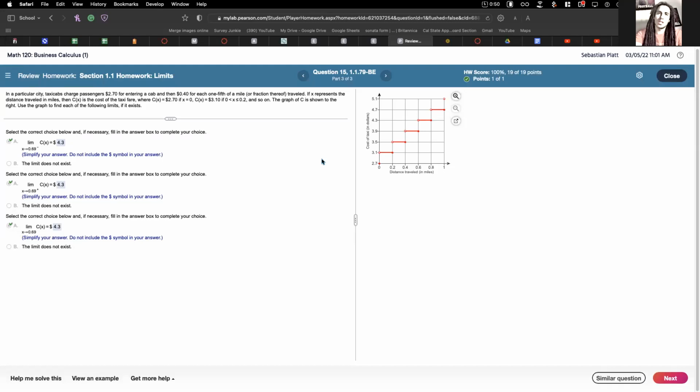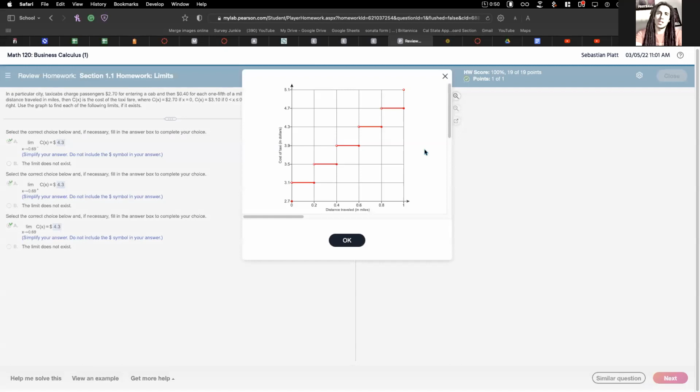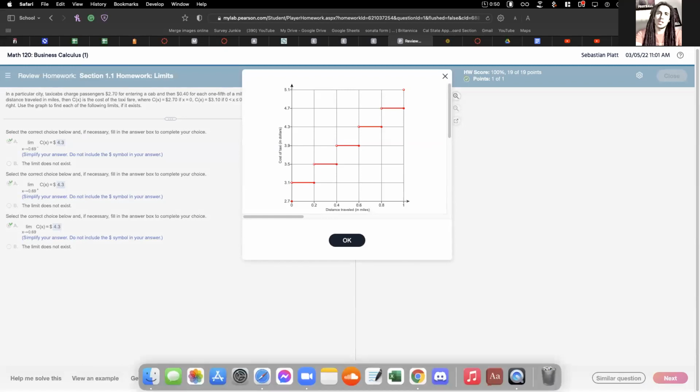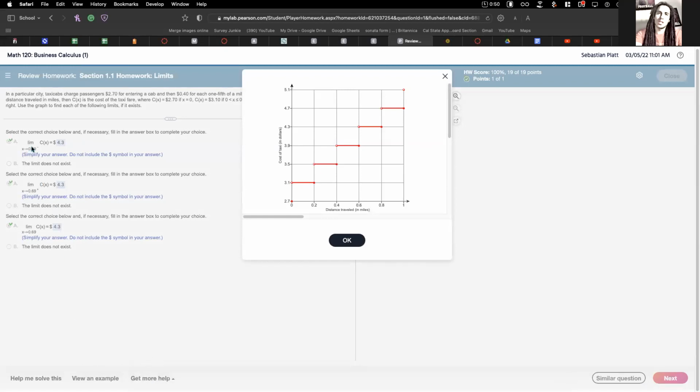The graph of C is shown to us on the right. Use the graph to find each of the following limits if it exists. Okay. So first we have x approaching 0.69 from the left. What is our C of x? For our 0.69, it is between 0.6 and 0.8. And if we look from the left here, you will see that the y is at